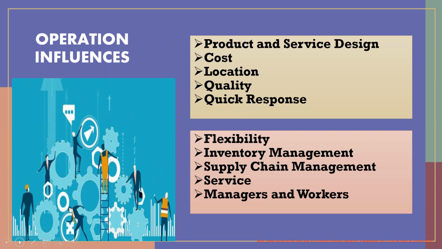The product and the service design should reflect joint effort of many areas of the firm to achieve a match between financial resources, operations capabilities, supply chain capabilities, and consumer wants and needs. So technically, when you create a product, you must know that this product or service coincides with what we have as resources in the organization. So next is cost. The cost of an organization's output is a key variable that affects pricing decisions and profit. Cost reduction efforts are generally ongoing in business organizations. So cost, you don't create a product